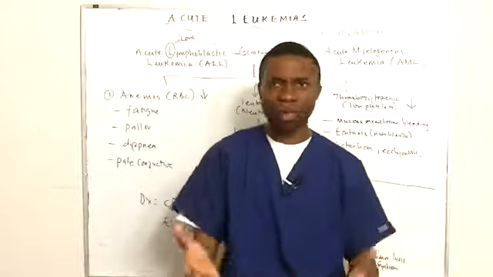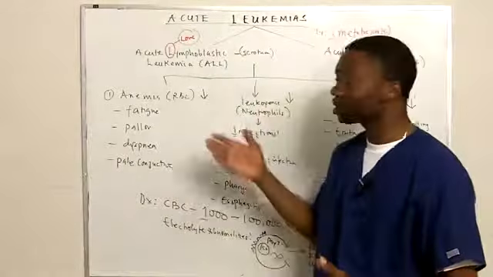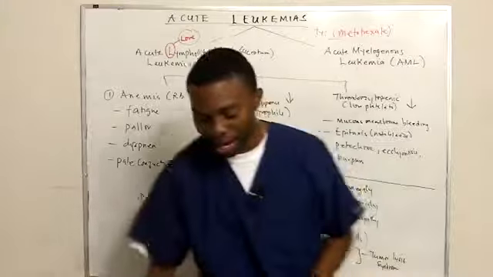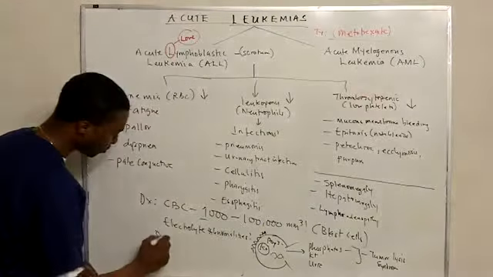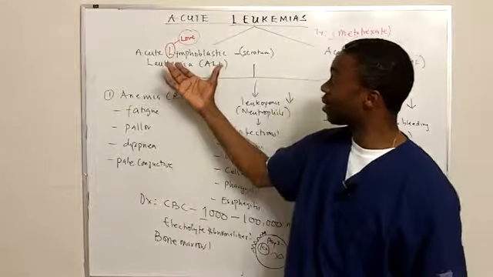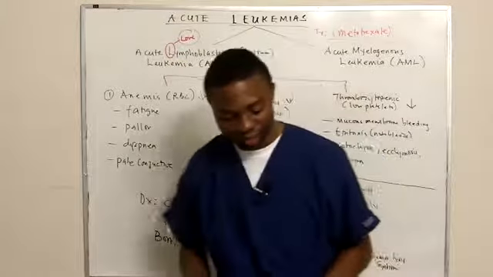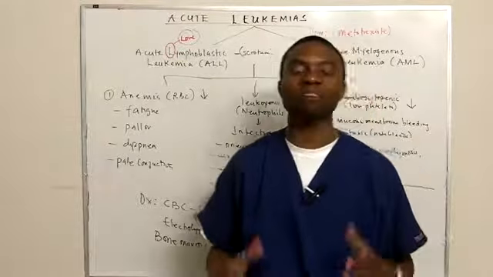But how can we really know what the diagnosis is? Well, we go to where the issue is, because when the tissue is the problem, you go take a bite. So we do a bone marrow biopsy, which will give us the diagnosis. When we do a bone marrow biopsy and I see Auer rods, I'm like, you have acute myelogenous leukemia. If I see a lot of lymphoblasts, I say, oh, wait a minute, you have ALL, acute lymphoblastic leukemia, with a lot of blast cells.